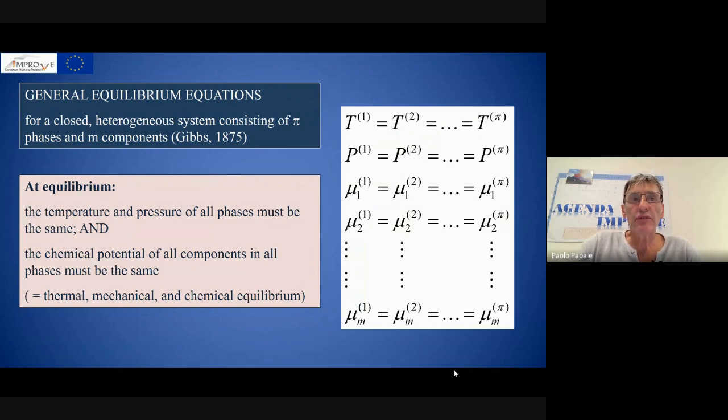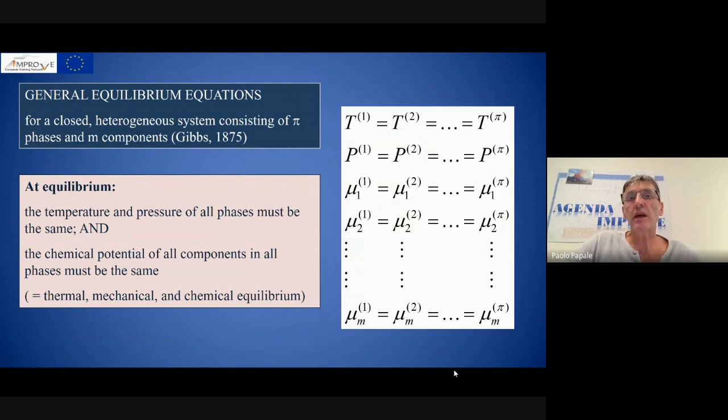Equilibrium is achieved when pressure and temperature are the same for all phases, and the chemical potential of all components, here represented with numbers and subscripts in all phases, is also the same. For example, for a silicate melt to be in equilibrium with a gas phase made of components water and carbon dioxide, the requirement for equilibrium is that the temperature and pressure of the liquid and the gas phase be the